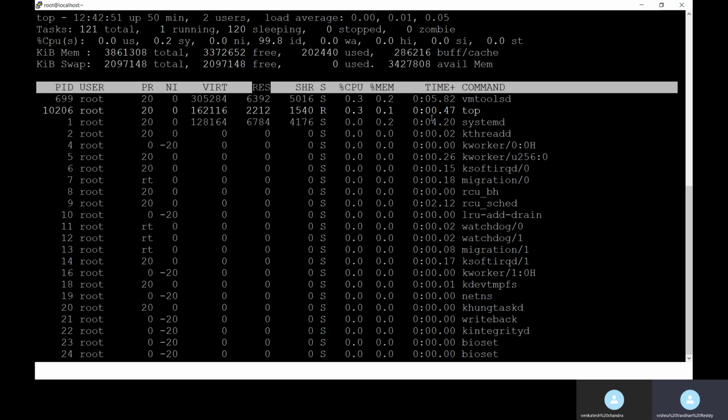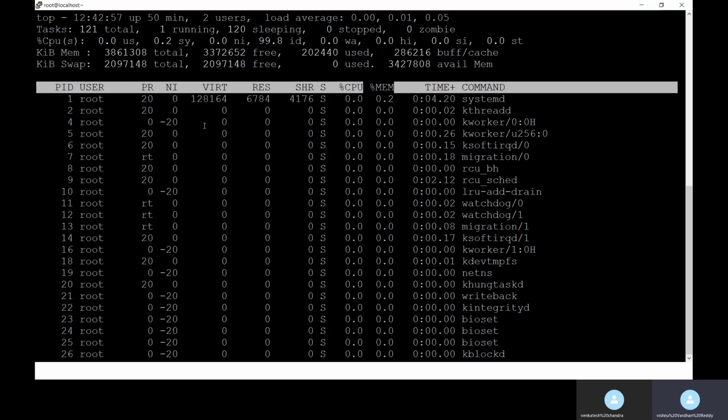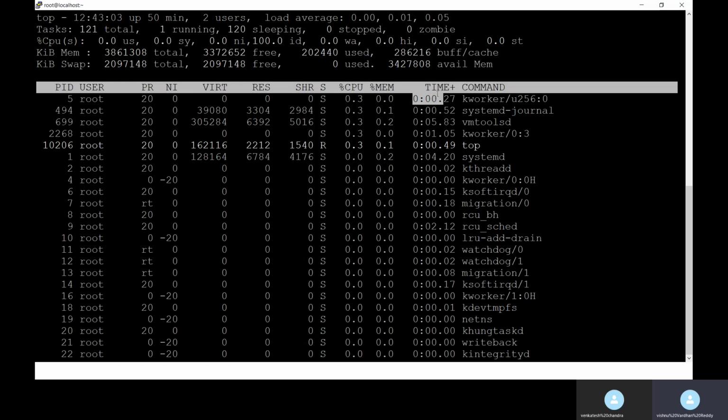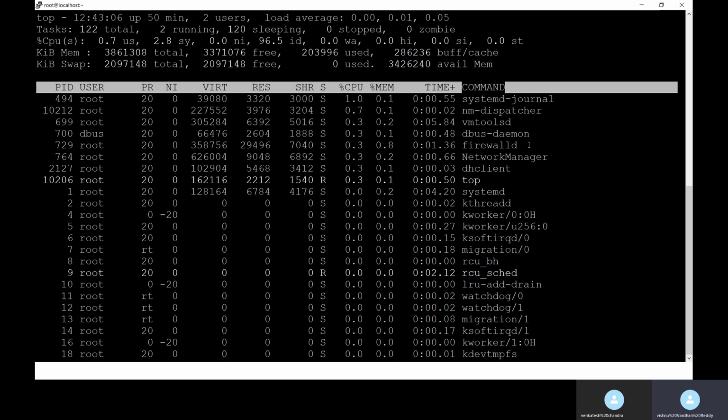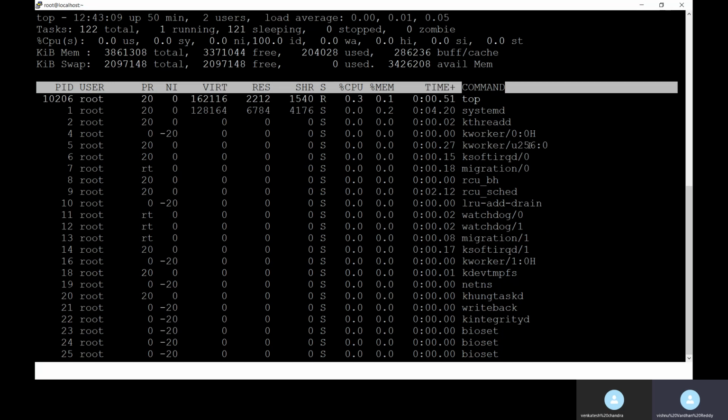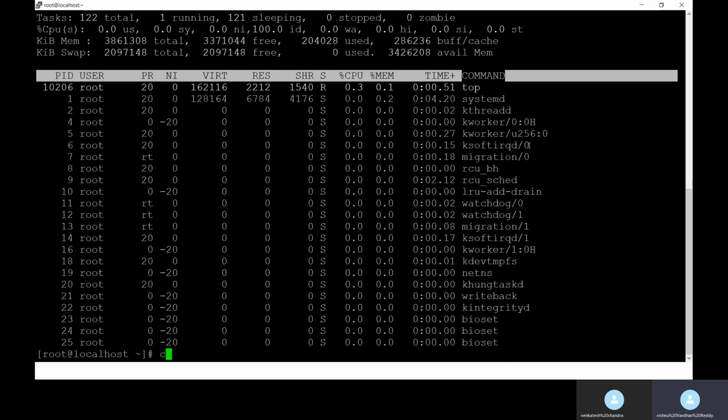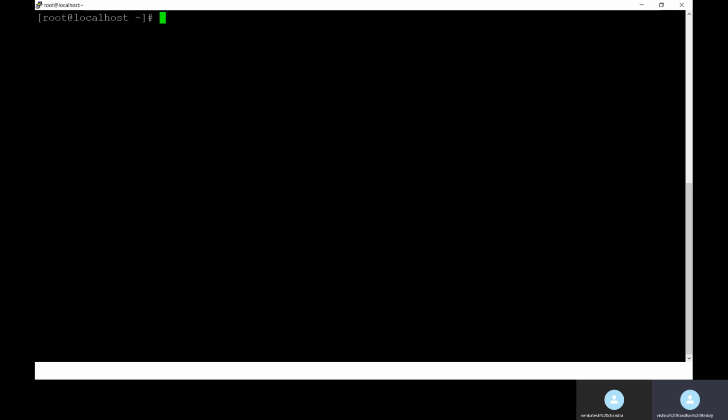And then there is the time when it was started. There's memory utilization and CPU utilization. The top command always shows which processes are taking the most CPU and memory, and it displays them in top. It also shows when the process was started and which command it was running. So I can explore it. What are the things in top? It is a huge topic. And then next I'm going to the next step.